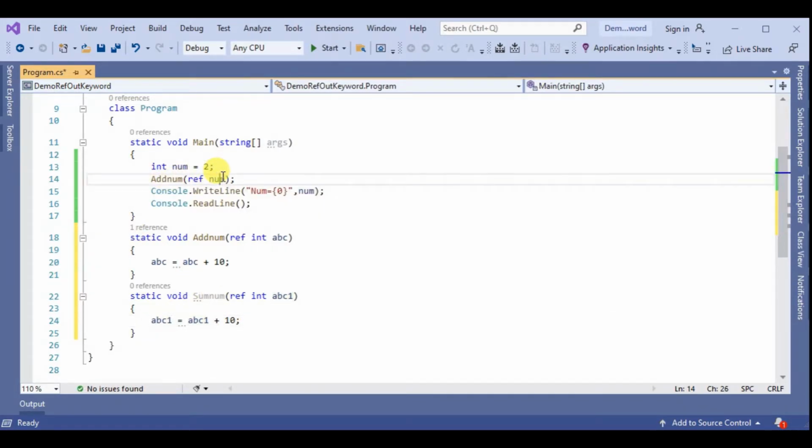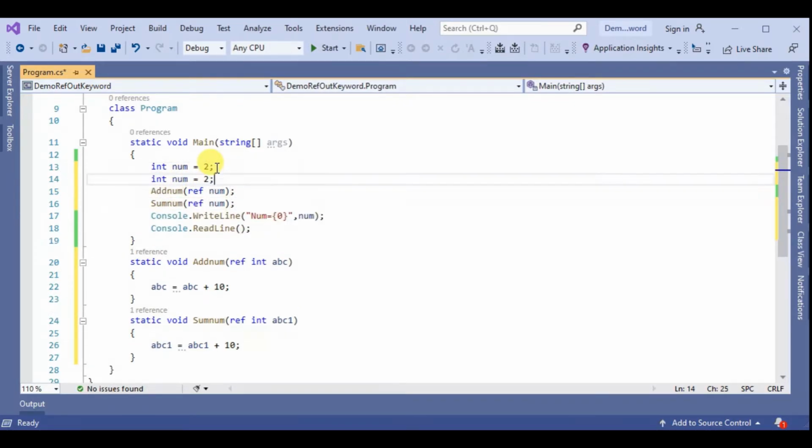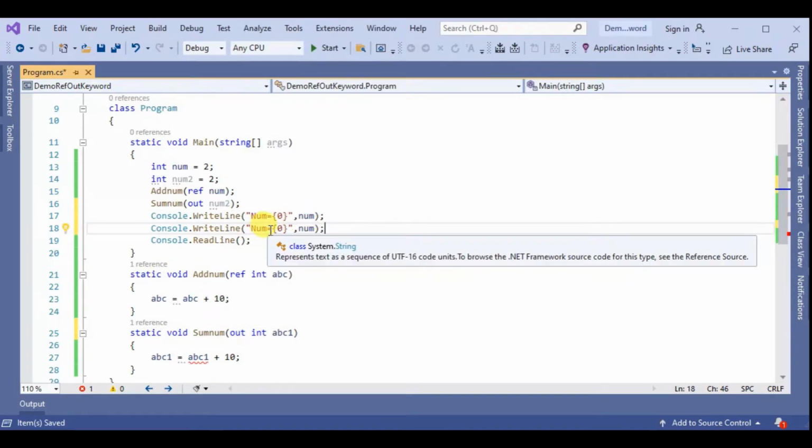Here we declare one more method, SumNum, with one more integer variable num2, and change it to out. We also change the call to out, and print num.